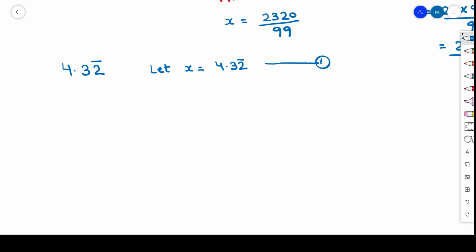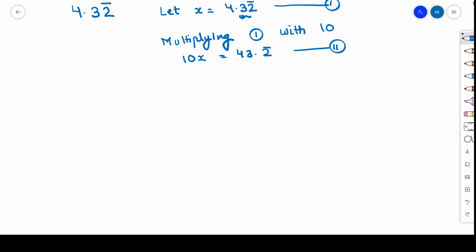First, what we need to do in this is you just have to apply a little trick. You will have to bring this particular number, which does not have recurring decimal, on the left hand side. You will have to bring it on the x side. So what we need to do? We need to multiply this one digit. So it is only one digit, so we need to multiply it with 10. Multiplying x with 10, what do we get? We get 10x is equal to